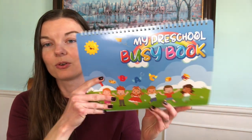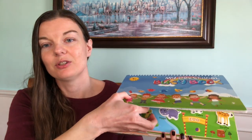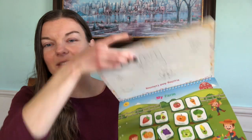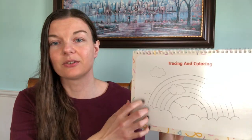So I'll say, do you want to do school? And he'll say yes, and he'll run and he'll grab this. This is something I picked up for him for Christmas. It's just a busy book. So it's got the little Velcro guys where you can match them. It's got seasons, colors, all the normal things you would expect. But the nice thing is, one side is the sticky and then the other side is all